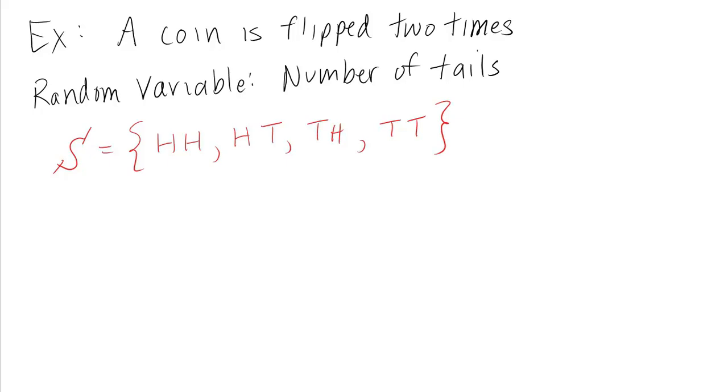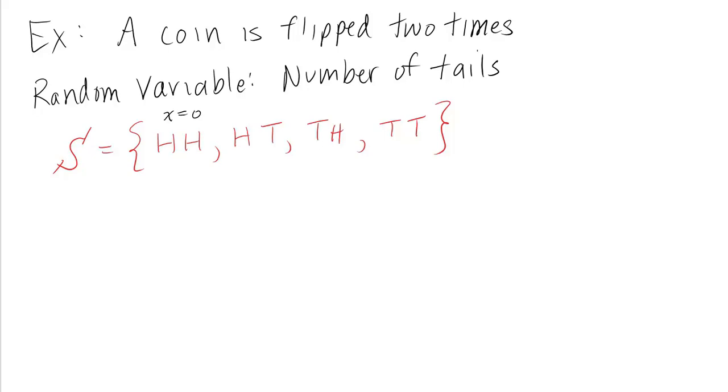Now, those outcomes, heads then heads, can't be the values of a random variable because those aren't numerical. We have to find something to count up. And so I've chosen as our random variable the number of tails. By making the random variable the number of tails, I've assigned a unique numerical value to each possible outcome of this experiment. The first outcome, heads heads, would be associated with the value x equals 0 because it has 0